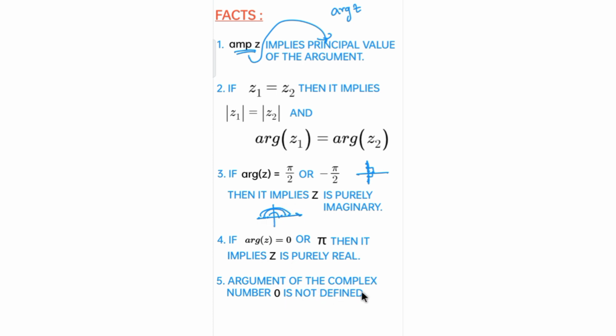So argument of the complex number 0 is not defined. Of course 0, which means the origin, is not defined, like what angle is it making, we cannot define it. Or even formula-wise, tan inverse of y by x, if I say 0 can be represented as just 0 plus 0i. Fine, you can just put this and you can even say from here it is not defined.